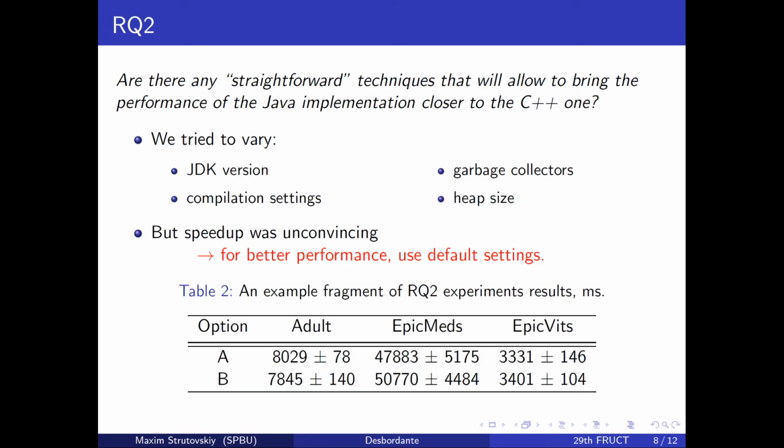These experiments have shown occasional little speedup on several datasets, but they haven't revealed a set of options that would yield at least a 10% stable speedup. The table shows the common results of comparing two options. One can't choose the best option based on these measurements. Finally, we have concluded that using the JDK 11 with default settings would be an appropriate choice.